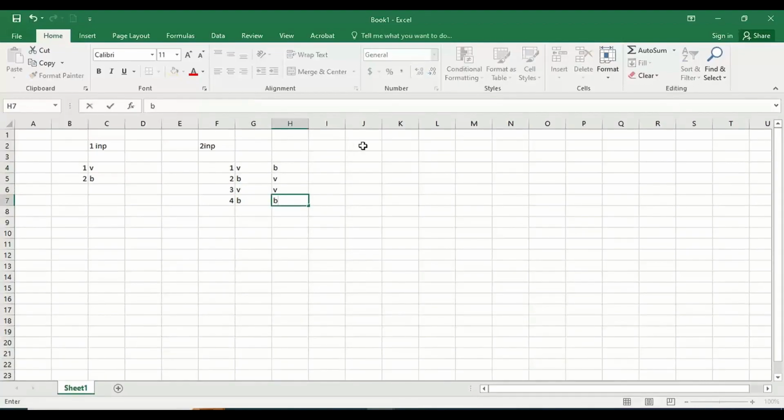So when three inputs are there, eight conditions will come. Already we have seen this. Similarly, when four inputs are there, 16 conditions will come. So now you should be careful while adding those 16 conditions. So it confuses you. Now imagine a case